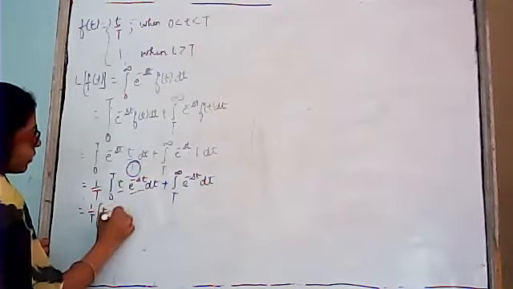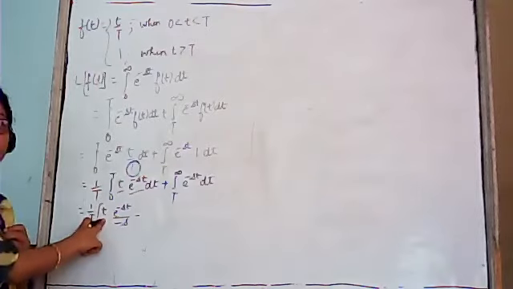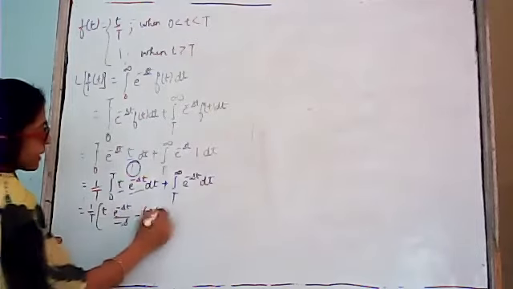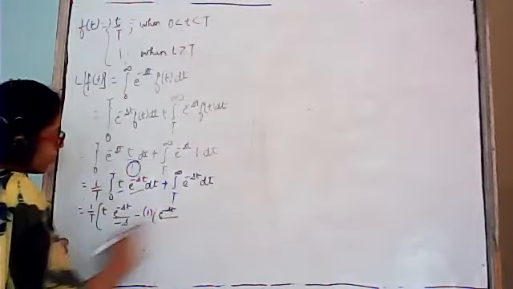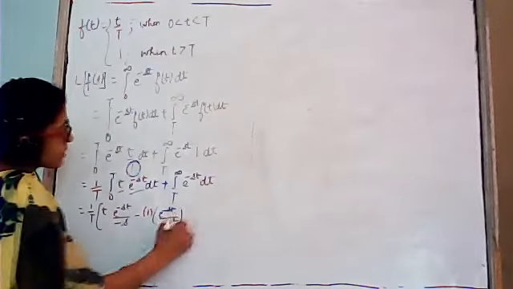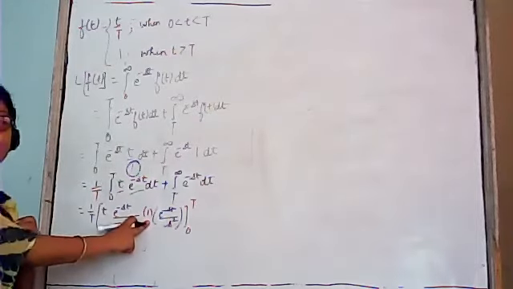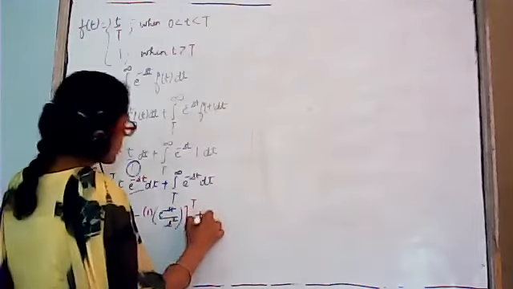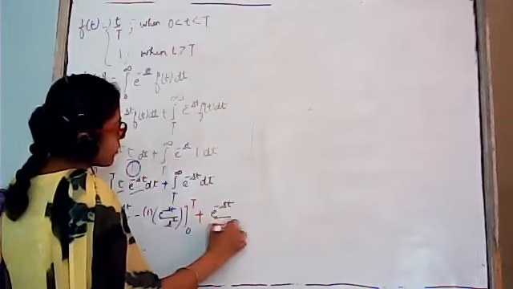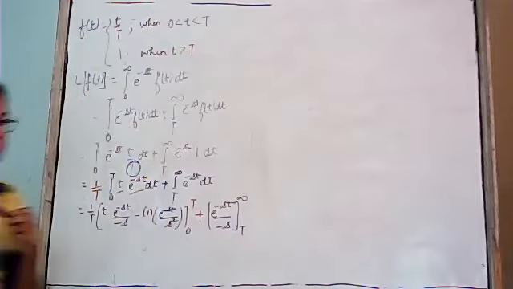U into integration of v minus, I told you the chain rule. What was the chain rule? Differentiate the first term and integrate the second term. Again, minus s is already there. Again, 1 upon minus s will be there. It will become s square. And the limits are from 0 to T, because in the next term, differentiation of 1 will be 0. Plus, similarly, integration of e to the power minus st will be e to the power minus st upon minus s, and limits of integration are from T to infinity.